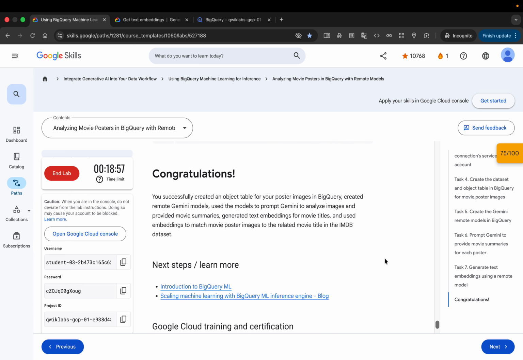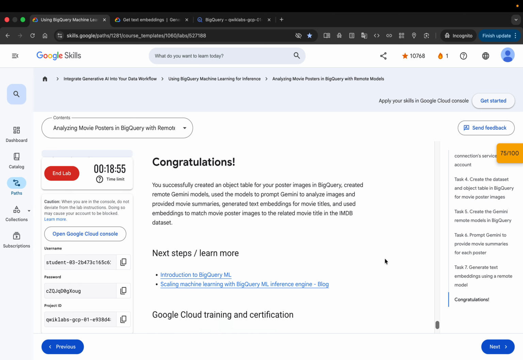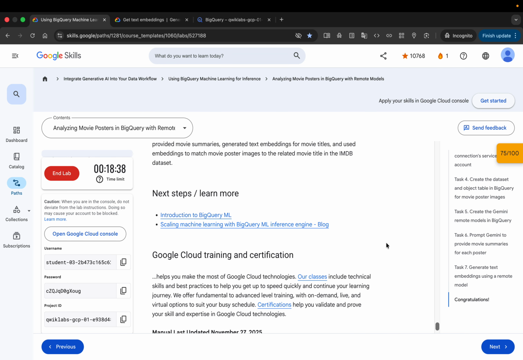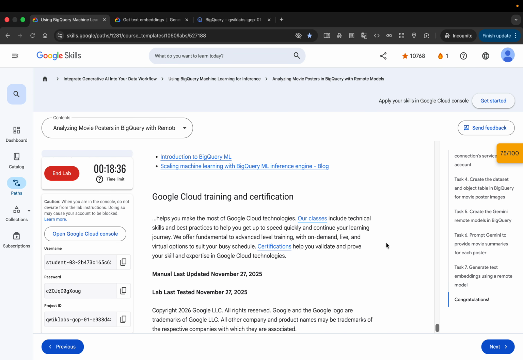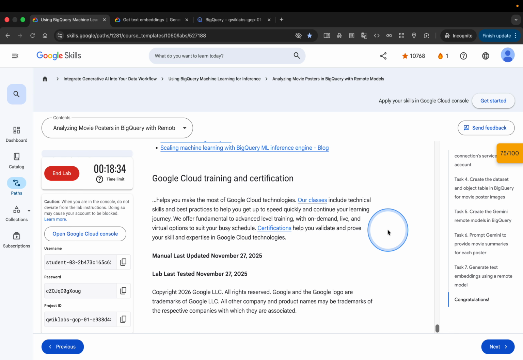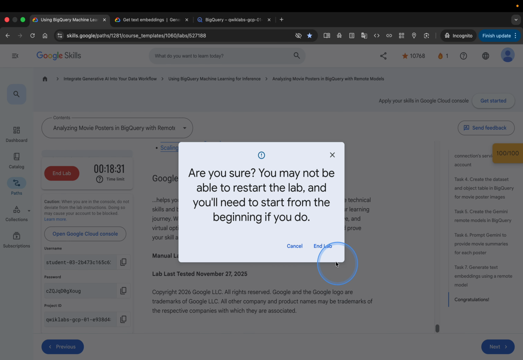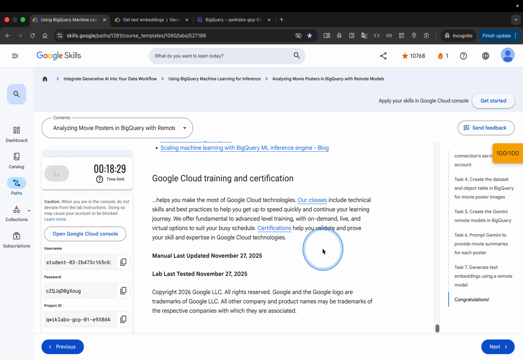So we have successfully created an object table for our poster images in BigQuery, created Gemini models, and we used the models to prompt Gemini to analyze images and provide movie summaries. We generated text embeddings from movie titles and used embeddings to match movie posters to the related movie in the dataset. So thank you very much, and I end the lab. See you in